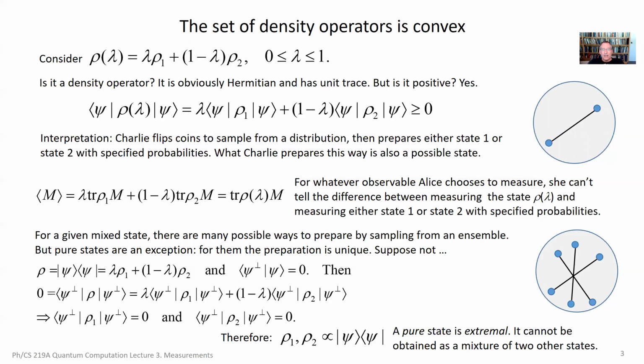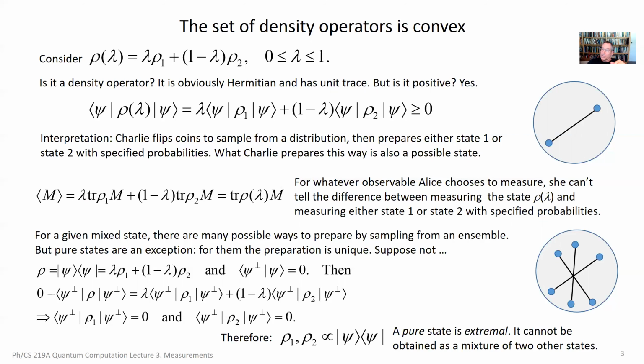So rho of lambda is indeed a density operator. Now rho of lambda has a nice interpretation because we can imagine that there's some party, Charlie, who is preparing a state of Alice's system, and he does it in the following way. He's going to prepare for Alice either the state rho 1, the state described by density operator rho 1, or the state rho 2, and he's going to do so with assigned probabilities, numbers lambda and 1 minus lambda, that